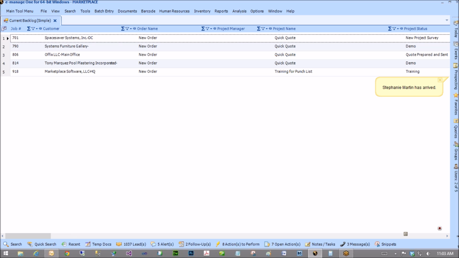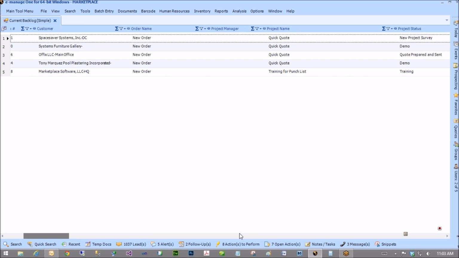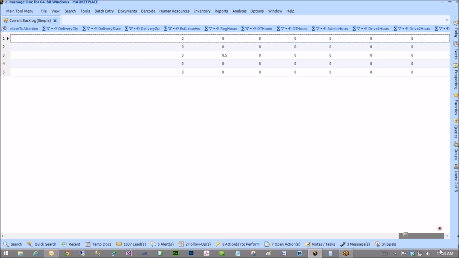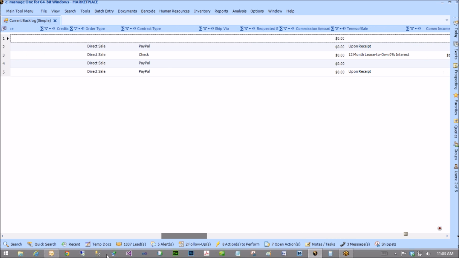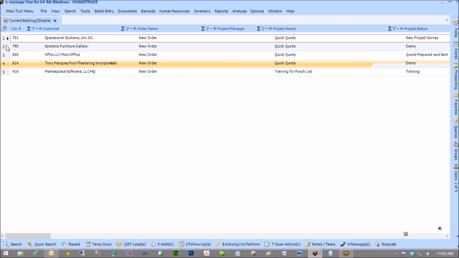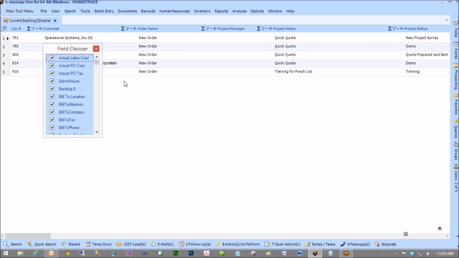The zero price items will stay on your backlog because you don't invoice for zero, you can't do that. So your items that are zero price will stay on here until you complete the order. So inside of the current backlog here, I'm just going to go to my field chooser, and we're going to look for